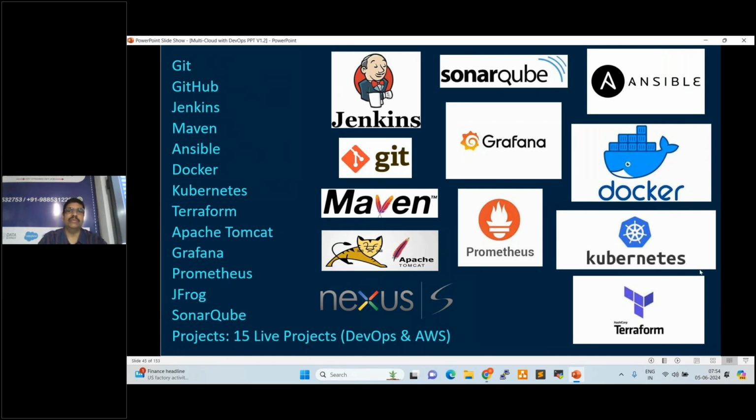That is why the process is much faster currently. Every tool will go very deep dive here. Along with this, 15 live projects will be covered, on AWS and DevOps, and on Azure also some projects. We are going to learn this many tools, but we don't use all the tools in real-time projects.